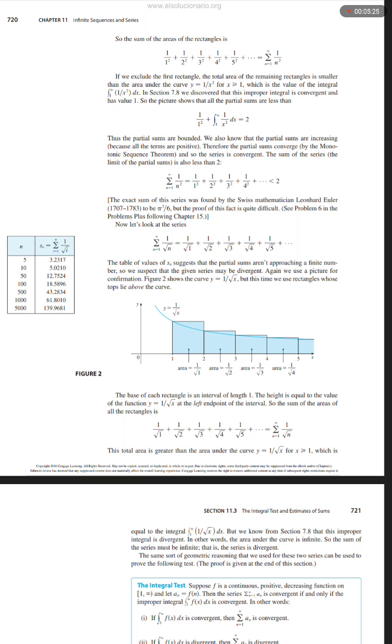And you have an area 1 over the square root of 1, and area 1 over the square root of 2, and area 1 over the square root of 3, and area 1 over the square root of 4. The base of each rectangle is an interval of length 1. The height is equal to the value of the function y equals 1 over the square root of x at the left endpoint of the interval. So the sum of the areas